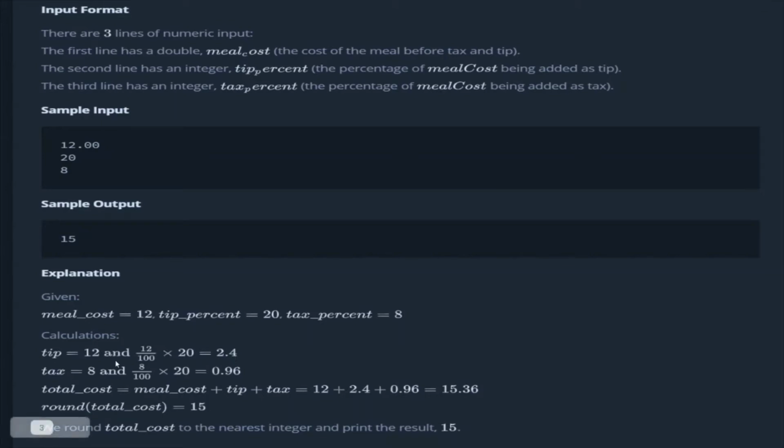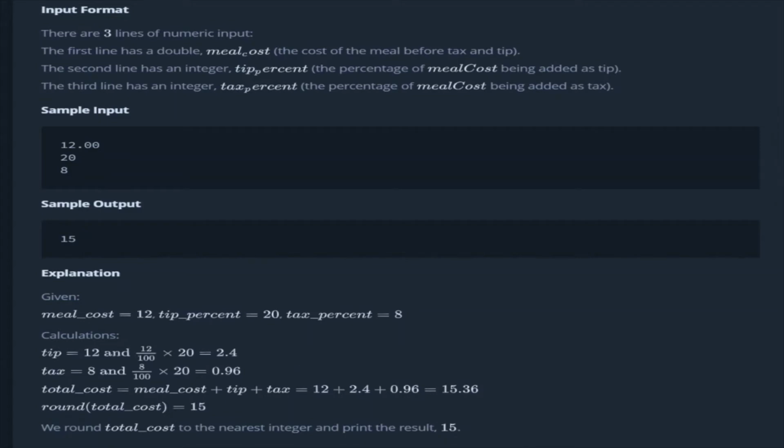So this is 12% of 20. Like this we have to calculate the tax as well. Then total cost equals meal cost plus tip plus tax, total equals 15.36, and we have to round it so that it will be an exact number instead of decimals. So that is the problem.